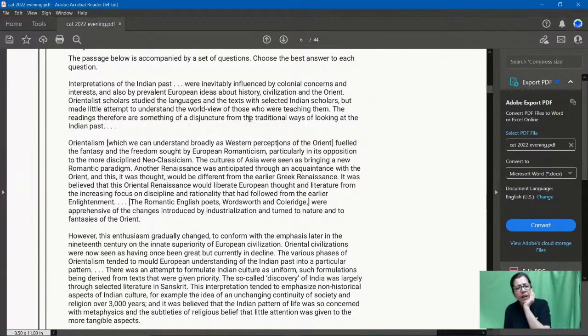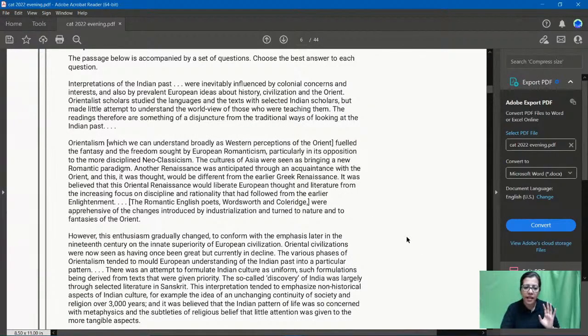तो पहला पैराग्राफ में ऑथर ने बोला कि इंडियन पास्ट has been interpreted in various ways, but they have always been affected by the colonial thing. यही बोला है इसने पहले लाइन में. एंड इसमें ओरिएंट, यूरोपियन सब कुछ इंक्लूड किया, ओरिएंटलिस्ट स्कॉलर्स का कुछ किया. इन द लास्ट लाइन इज नॉट हैप्पी. वो कह रहा है देयर इज अ डिसजंक्चर from the traditional ways of looking at the Indian past. अच्छा भाई, टोन समझ में आ रहा है मुझे.